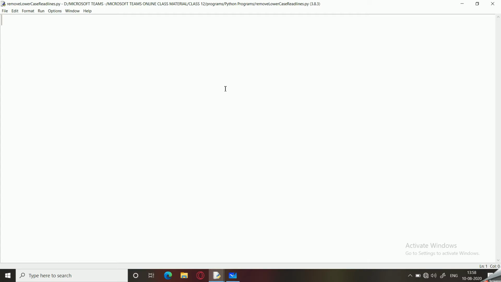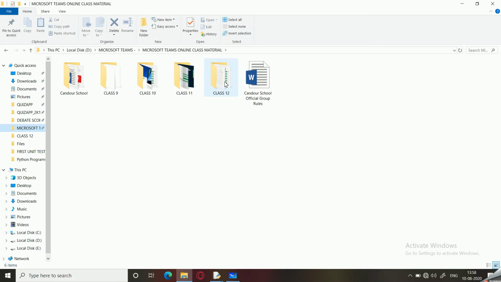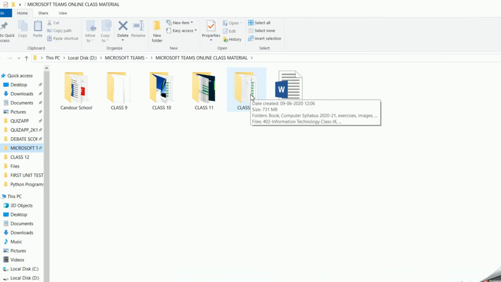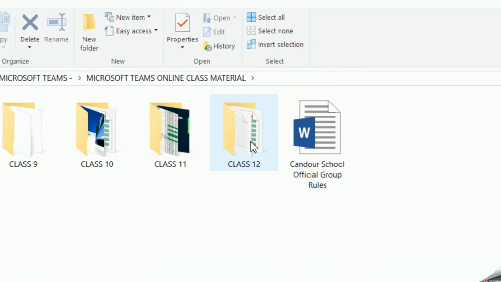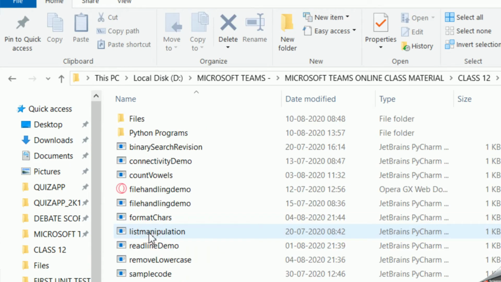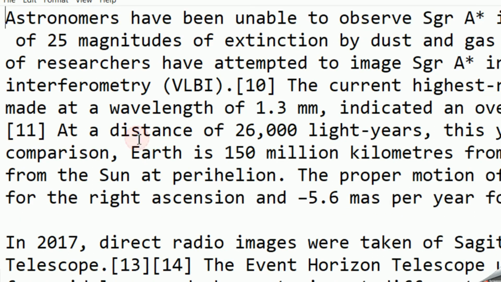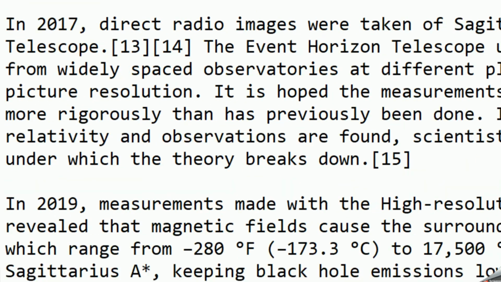And so for this purpose, we will be using a file which is stored in a specific location. As you can see, here our file is stored in the class 12 folder. Within class 12 we go to programs, within programs we go to files, and here we have a file named black hole, and let us try to do the work on this file.